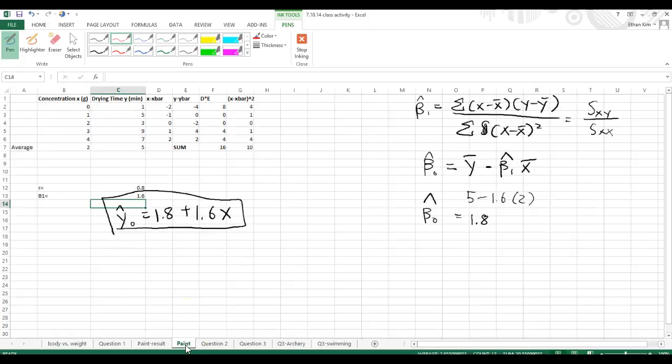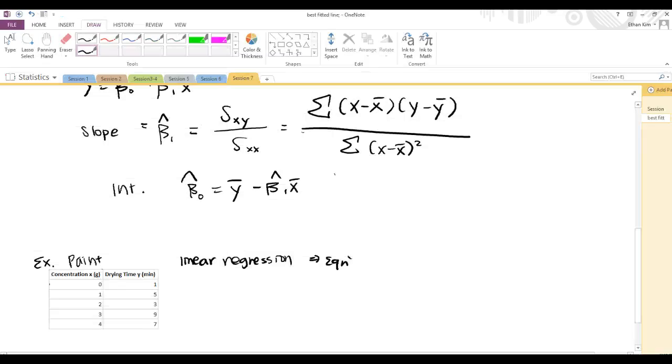And going back to Paint. So, right, that's how you do linear regression. That's pretty much in a nutshell how to use the Excel program, because it's already built in, so it's really good. But another thing, when I think I briefly mentioned this before, whenever we're building a model,